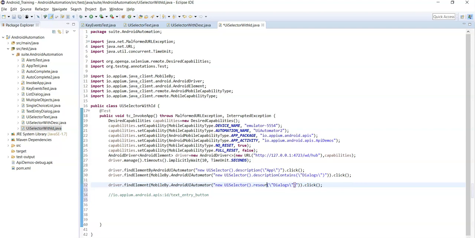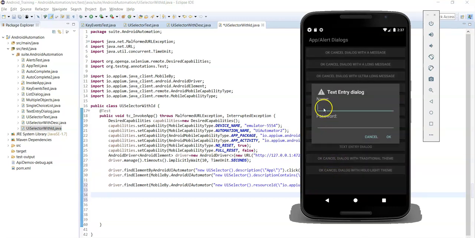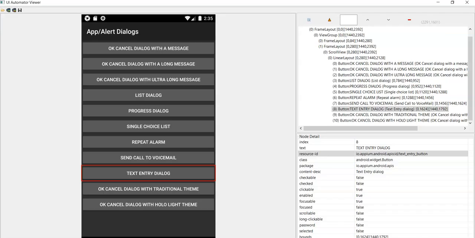Now place the exact resource ID value inside this method. After clicking this button, we need to enter name and password, right? So before entering, you need to identify the resource ID values for these two text fields.